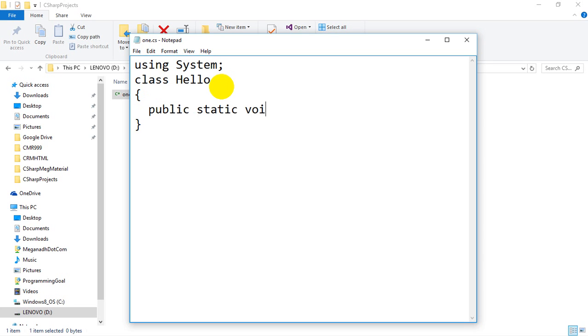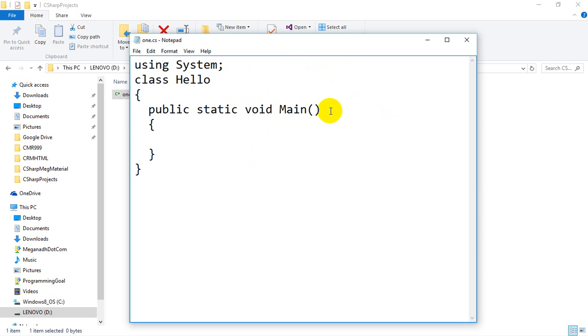static void Main. Remember, M is in capital, only in C#. In all other programming languages, M is small. If you see C language or Java or C++, static void main, M is small. Only in C#, M is capital. That is a common typo which students normally make, and they ask me why they are getting an error, because they put M small.